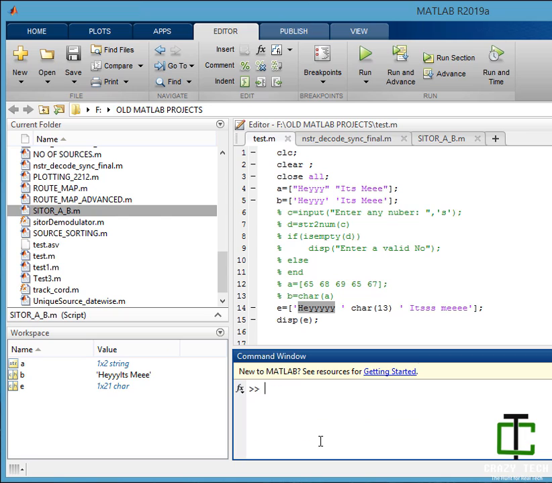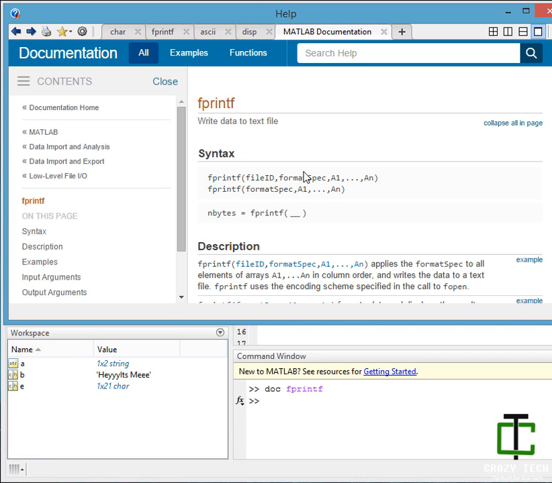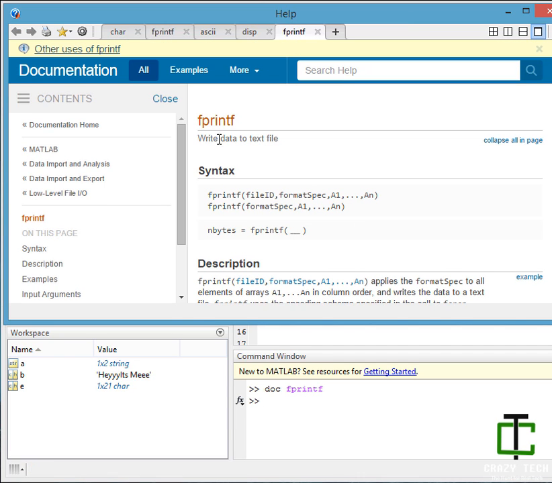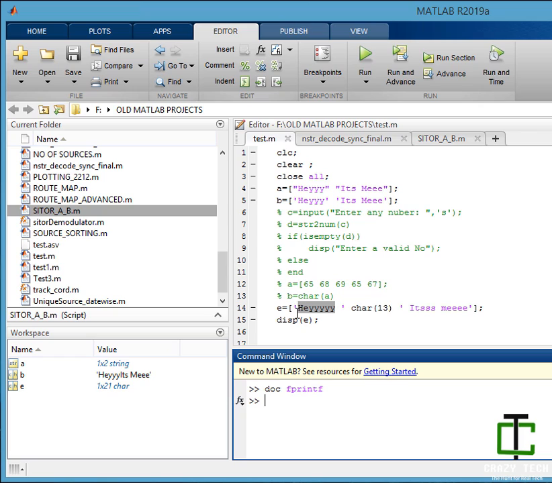But I won't recommend you to use fprintf, because fprintf is basically used for writing data to a text file. Okay, you may use it or may not, I don't know how it would behave during runtime. So guys, I would recommend you to use a character array to display any string rather than using fprintf, but the choice is up to you.